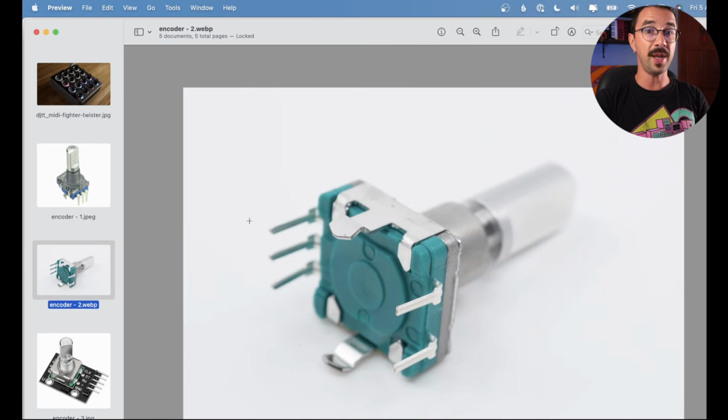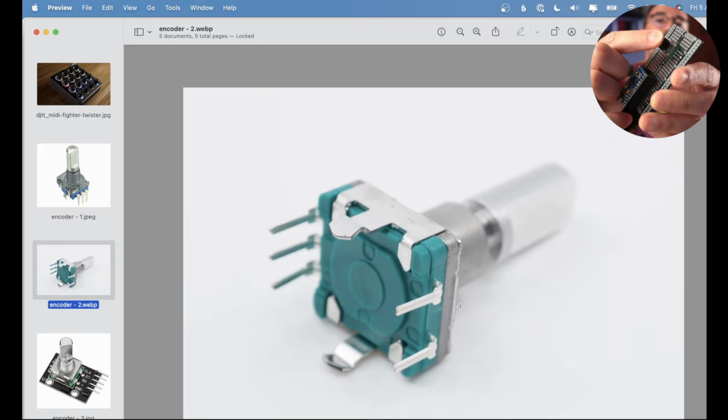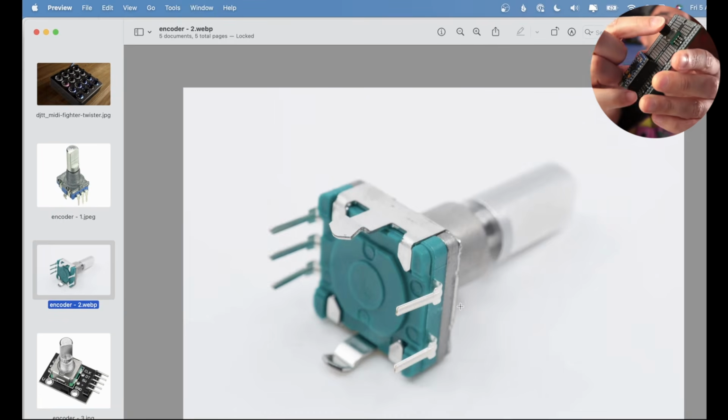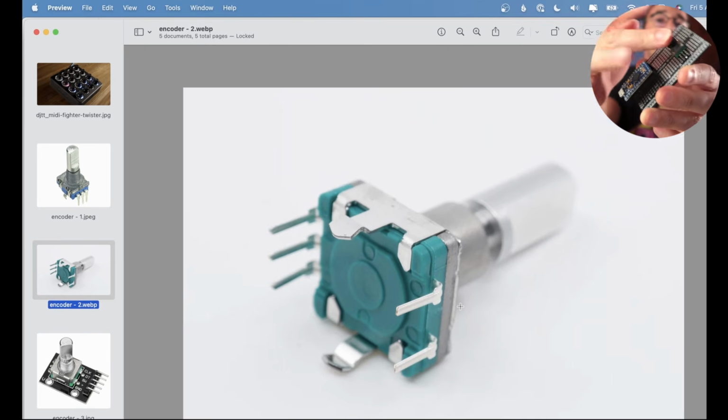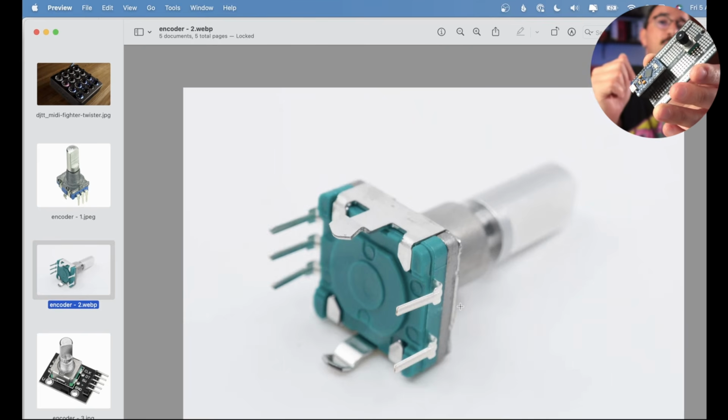So we have those 3, which are for reading the encoder, but we have these 2 here that allow the encoder to have a click. So just like a regular push button. Those extra 2 pins are just another button. So you can wire this one to the ground and the other one to the digital pin and read it